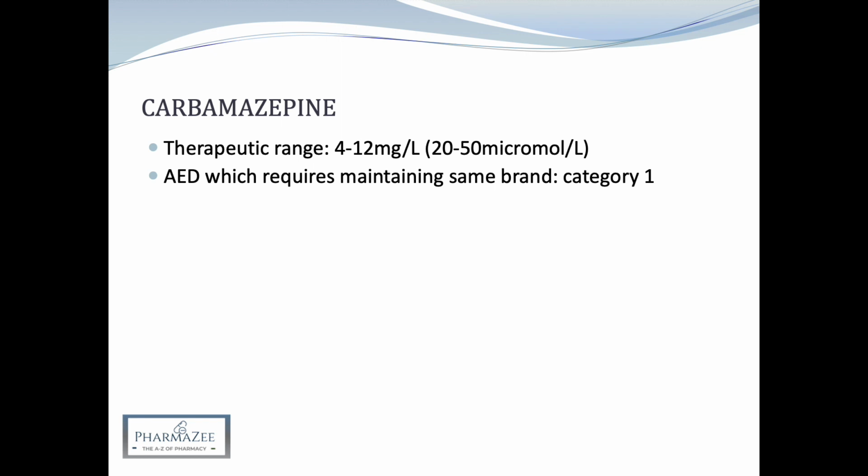So let's start off with Carbamazepine. Its therapeutic range is 4 to 12 mg per litre, and that's usually achieved after 1 to 2 weeks. It's an anti-epileptic drug which requires maintaining the same brand and is therefore a category 1 anti-epileptic, and it's eliminated